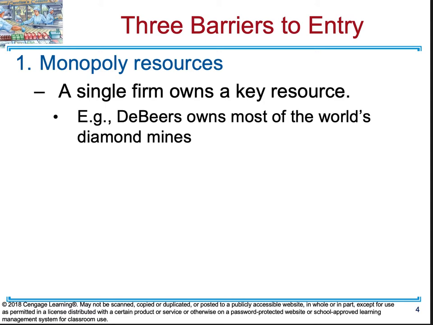Yes, you need diamonds to produce jewelry, or other companies produce jewelry with diamonds, so they get to influence the price. If you own 95% of the market at one point in time, you can charge a much higher price. So if you own a key resource, you can have a monopoly. If you own something that nobody else has access to, this is good. This is another way to make a huge profit in the long run.